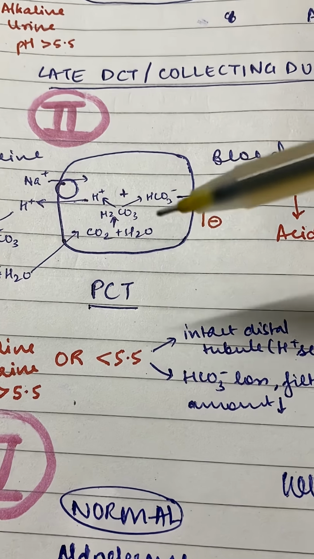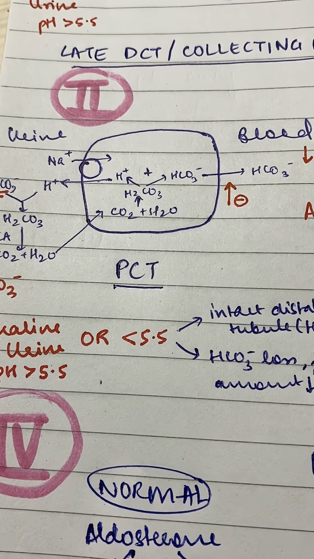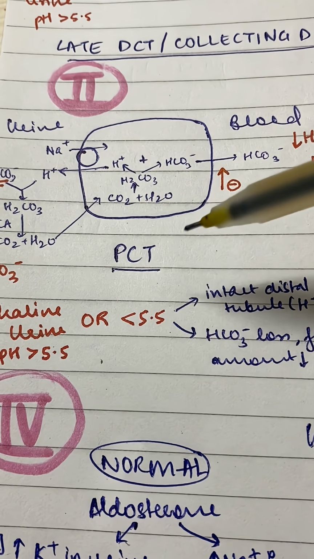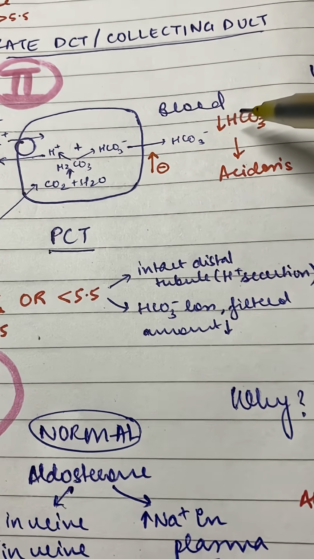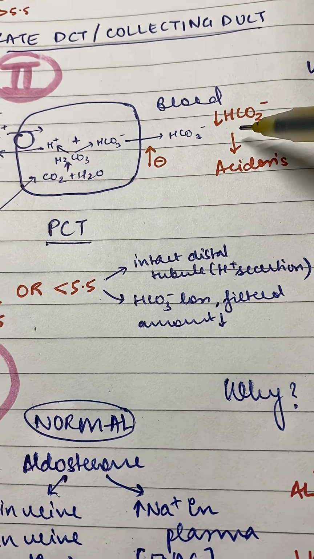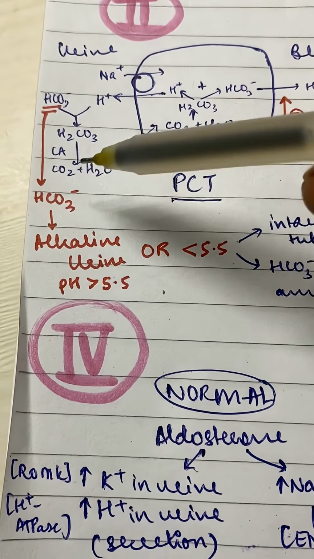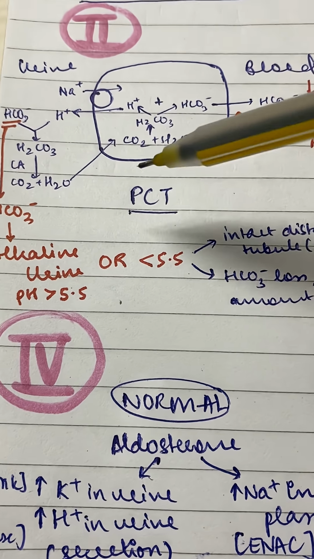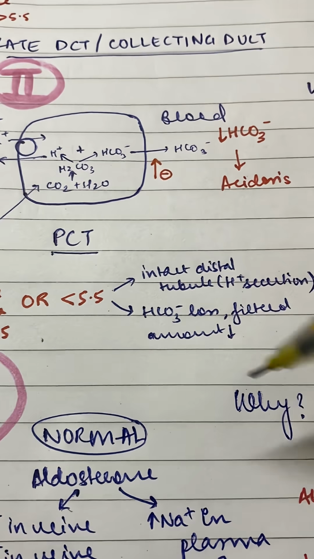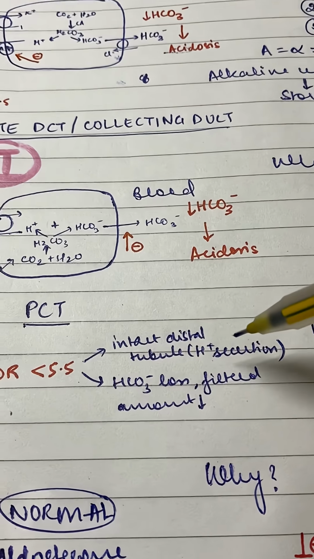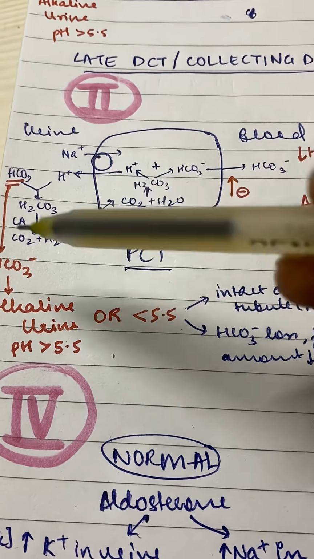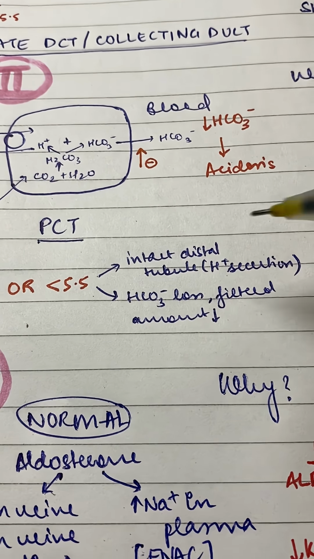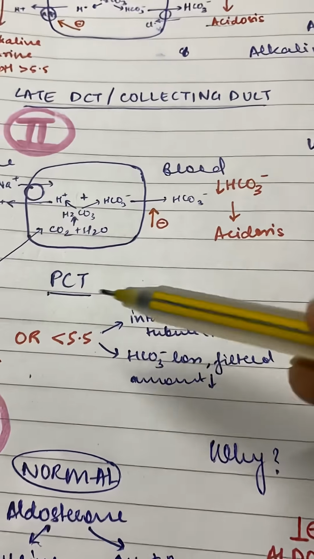Now the second type takes place in the proximal convoluted tubule. There's reabsorption of literally everything in the PCT, but most importantly, bicarbonate is reabsorbed. And when that is inhibited, there is acidosis in the blood because of reduced bicarbonate. And since it's not being reabsorbed, the urine can become alkaline, or it can also become acidic because your DCT is still functional and it tries to secrete hydrogen ions into the urine. And eventually bicarbonate loss is going to be so much that the amount filtered is less, so the pH can be variable.